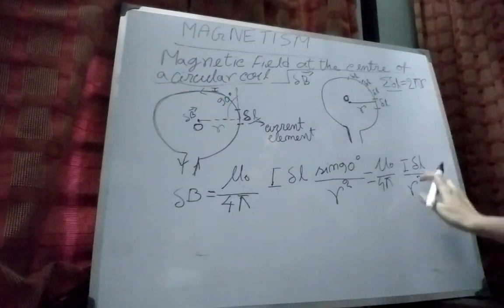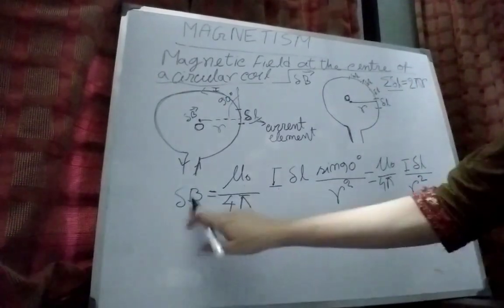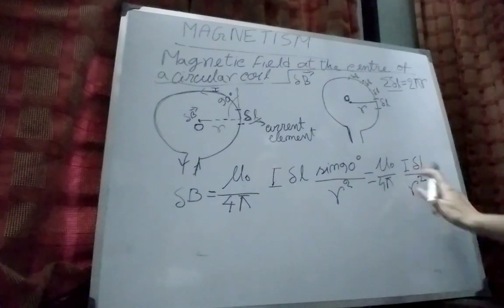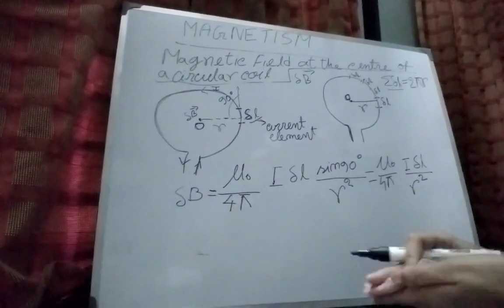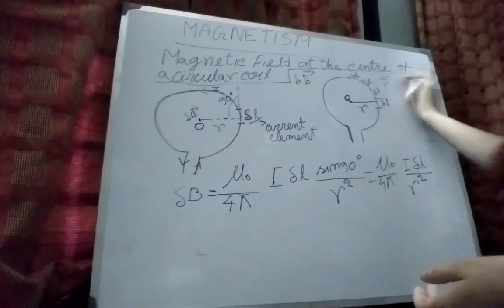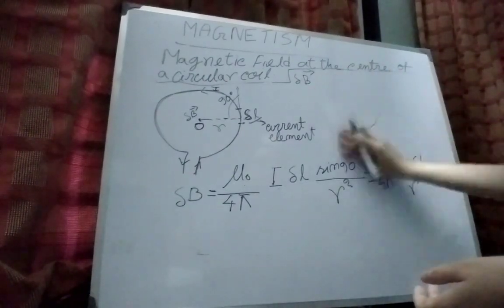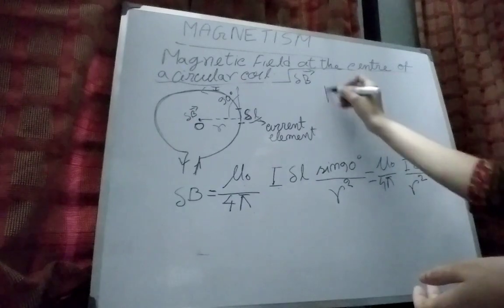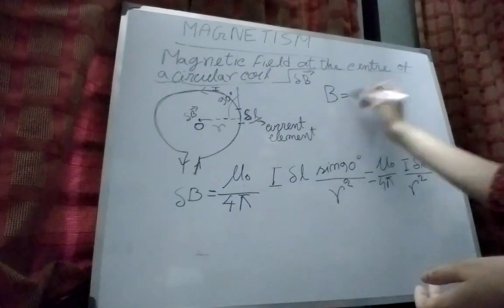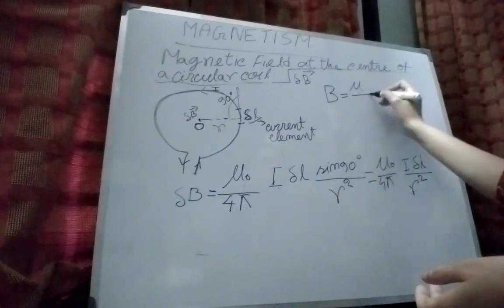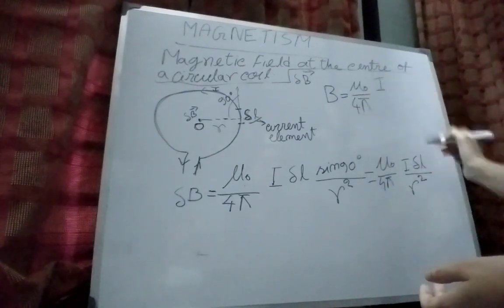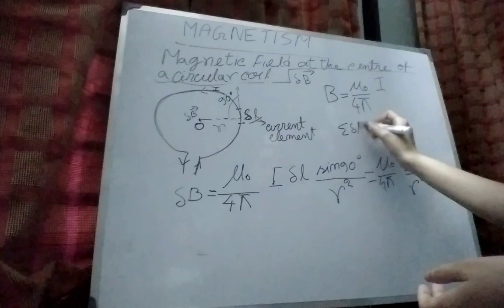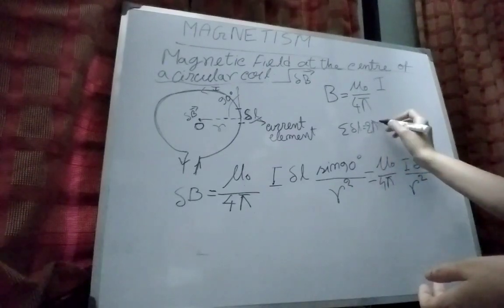So here we can say that if del B equals mu 0 by 4 pi I del L by r square, then B will be mu 0 by 4 pi I times summation of del L, which equals 2 pi r,